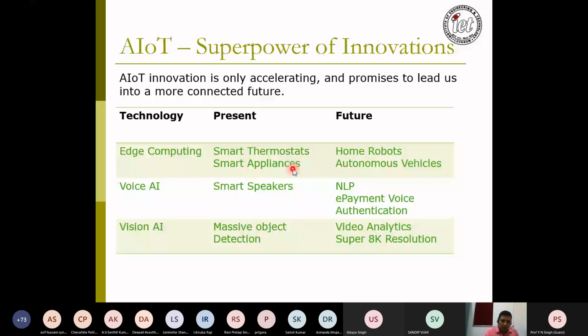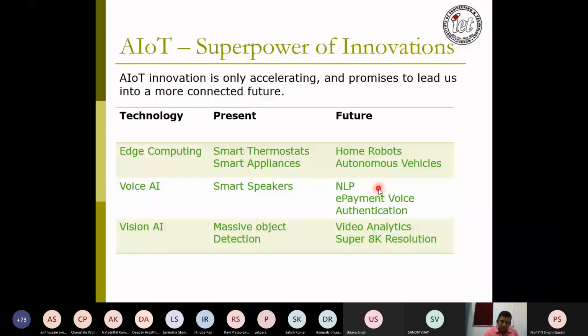These all exist and are presently available, and the future is robots working in our homes and autonomous vehicles. These things or objects can easily be available in the coming years. The voice artificial intelligence, voice AI. Presently, we have the smart speakers, and the future is